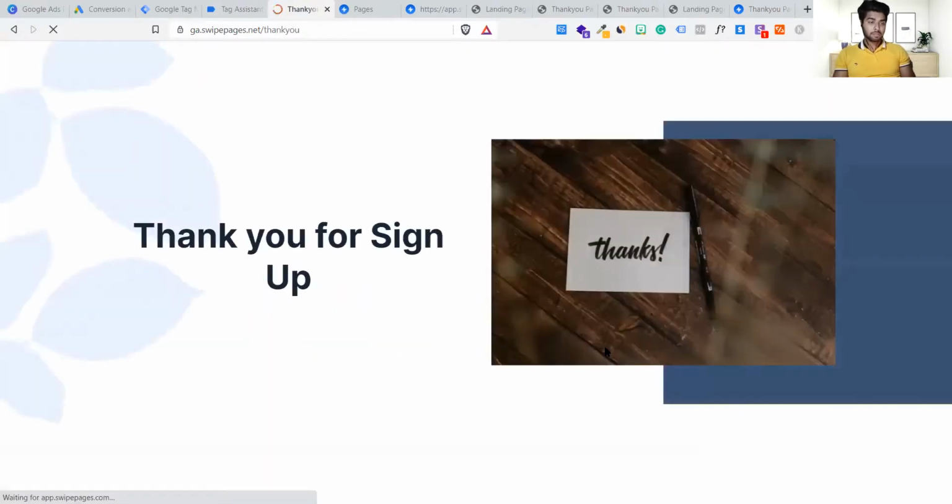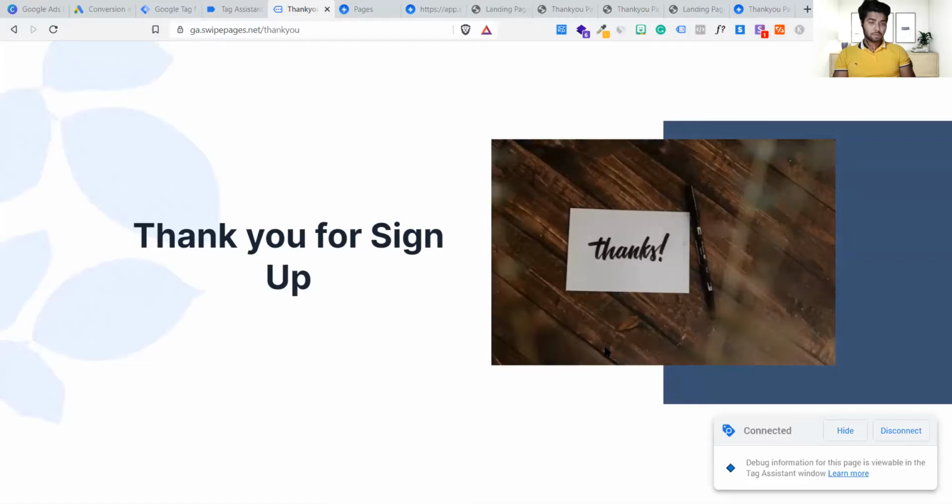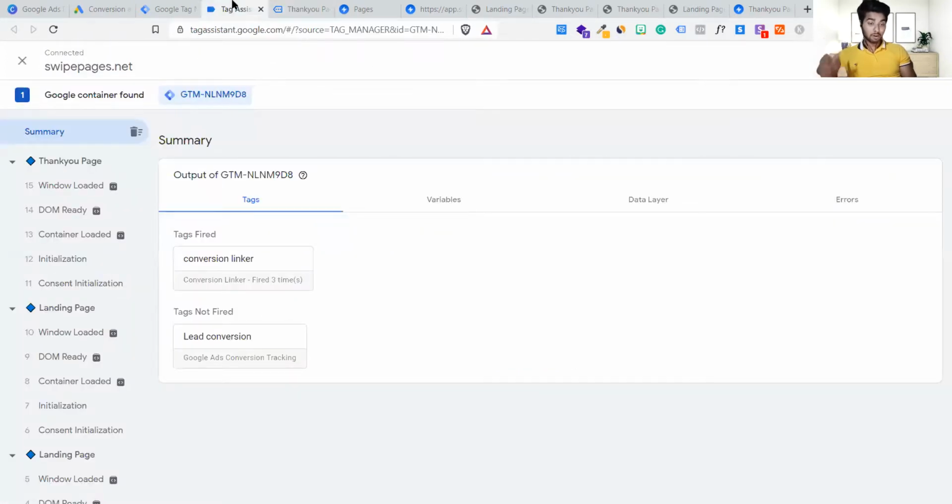I clicked on this. It's also showing connected right now. It's not disconnected yet. It means it is still tracking all the behavior of mine. And I will go back to my tag assistant. Let's see whether another tag got fired or not.